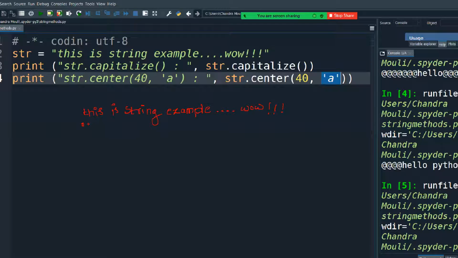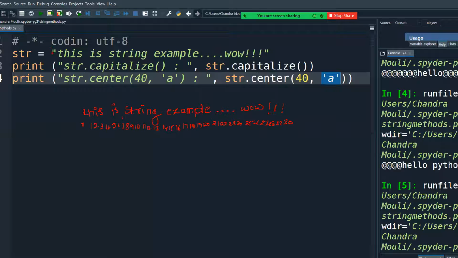You can start from index 0, 1, 2, 3, including space also, 5, 6, 7, including space also, 8, 9, 10, and so on up to 30. So overall 30 characters are there. 0 to 30 means 31.